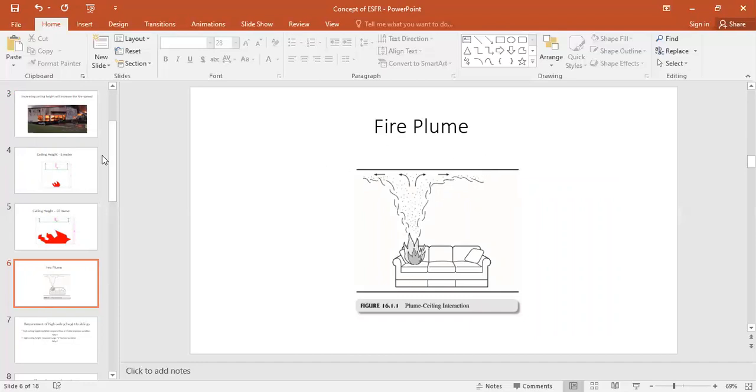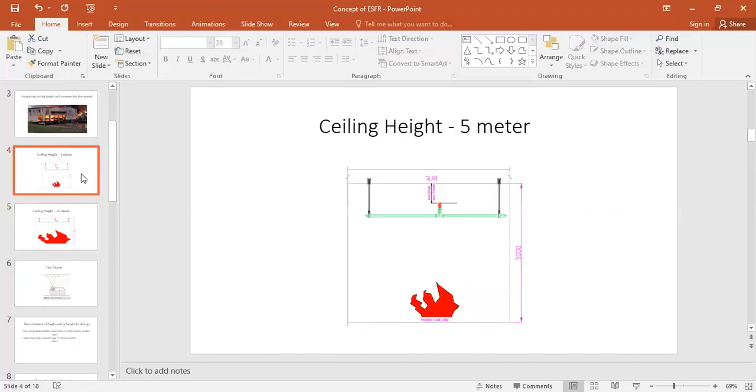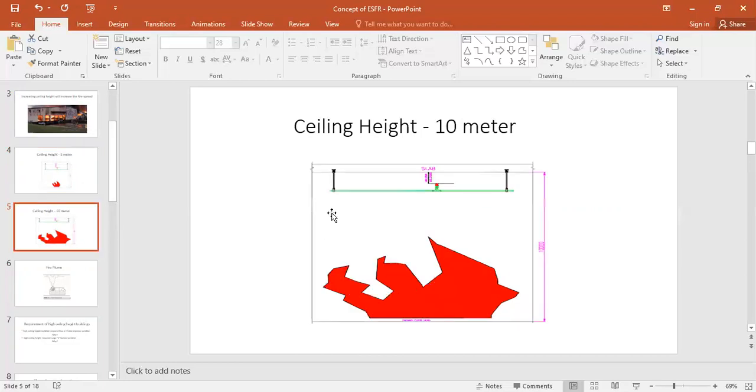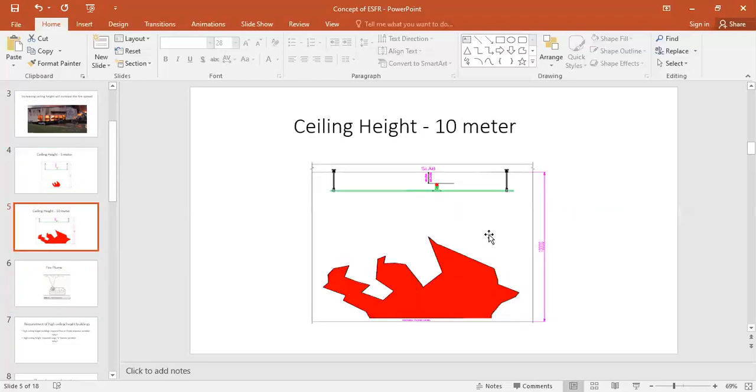This same thing will happen here. But in high ceiling height areas, what will happen? The fire plume will be created as usual, but the time it takes to hit the ceiling will be different from lower ceiling areas. Let's say this is 1 minute, then here it will take 2 minutes. This is for example purposes only; this time is not based on calculation, please note it. So the time for the fire plume to reach the ceiling will vary.